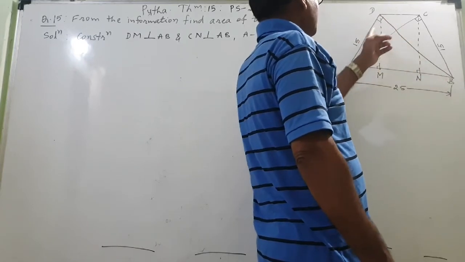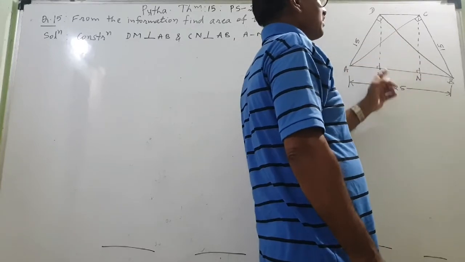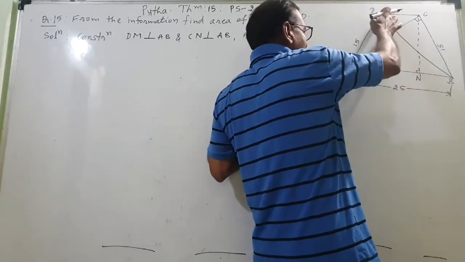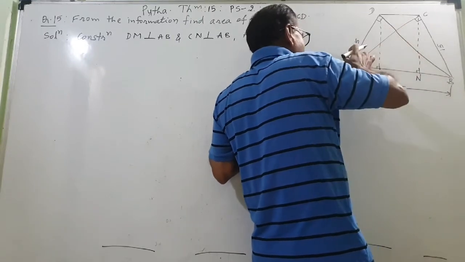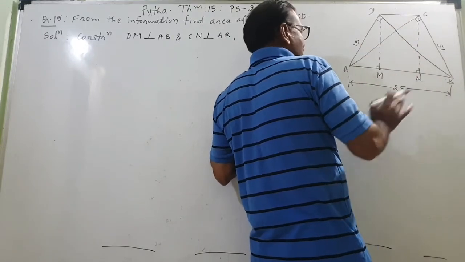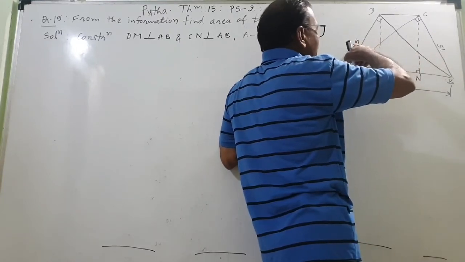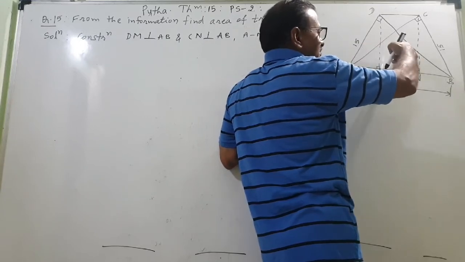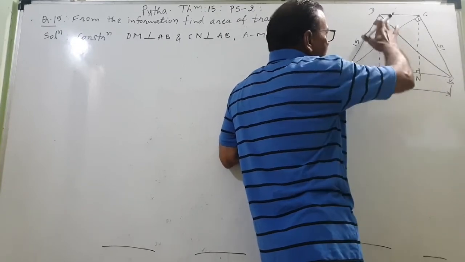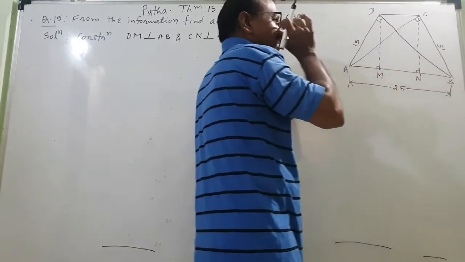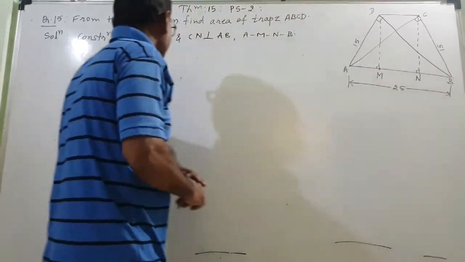Area of this triangle: this is the base and this is the height, or this is the base and this is the height. If AB is the base, DM is the height. If BD is the base, AD is the height. So anyhow, if I use this as the base and this as the height, definitely I can find the area of this triangle. Either I use this base or this base, the area is not going to change. The area will remain the same, and from that idea I will find DM. How? That we will see.